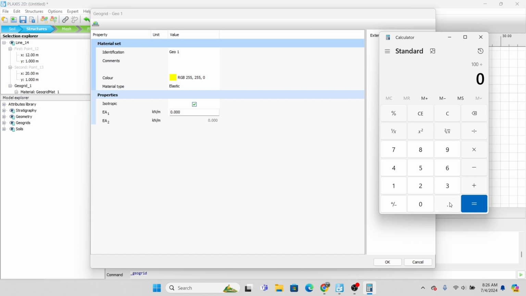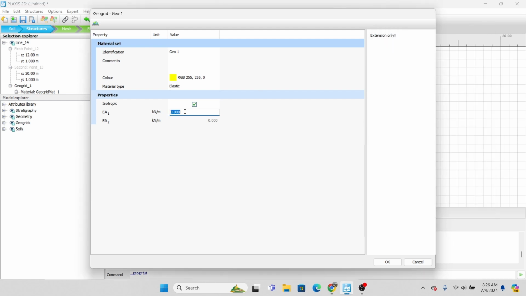We're gonna define it as per meter, so the thickness is around 5 millimeters, 0.005. So we should get around 20,000. So we're gonna copy,